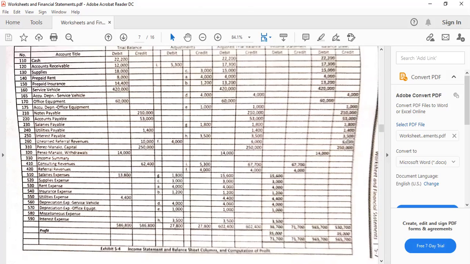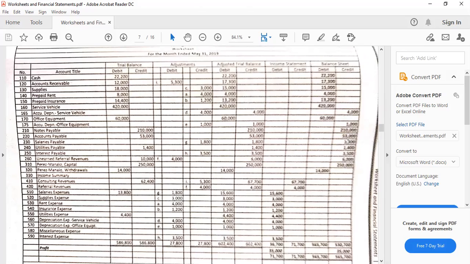Next, for the balance sheet, the remaining accounts, we call them the balance sheet accounts. We have assets, liabilities, equity, including drawing. Income summary is not going to have any balance because that's yet on the closing entries. So we add also the debit and we add also the credit.